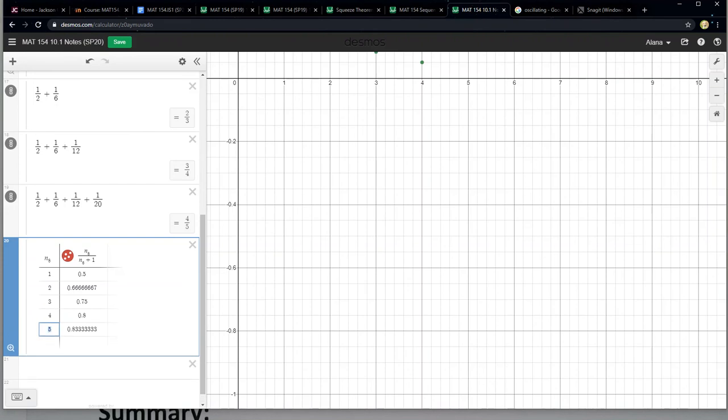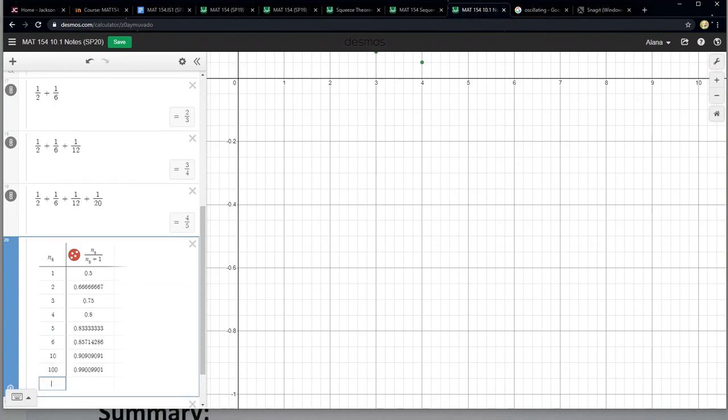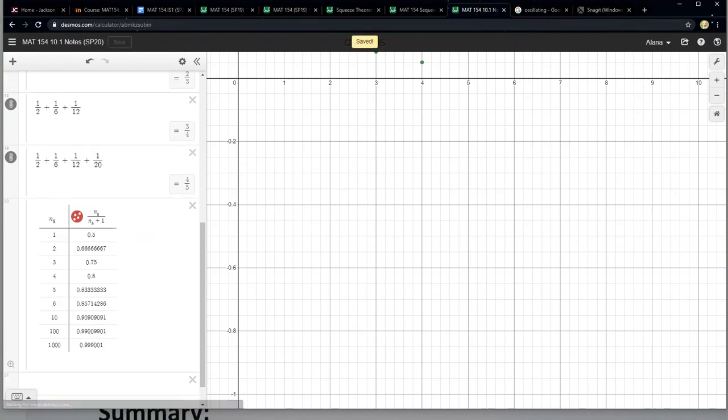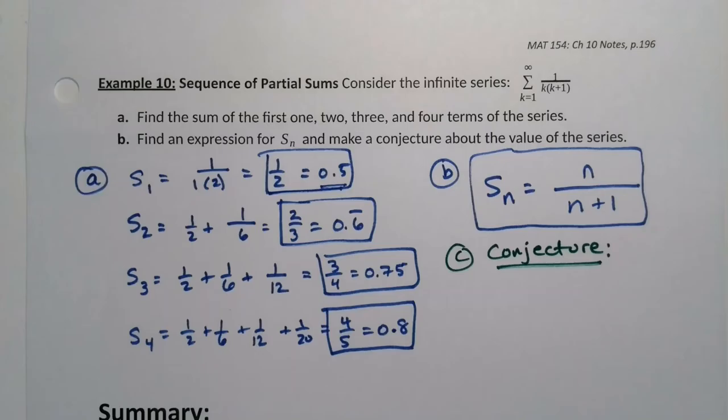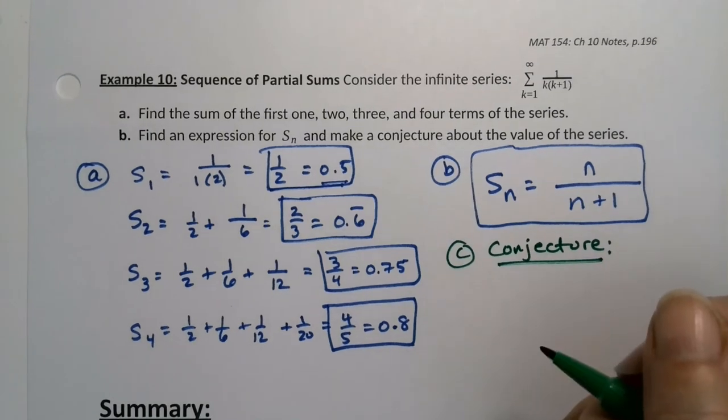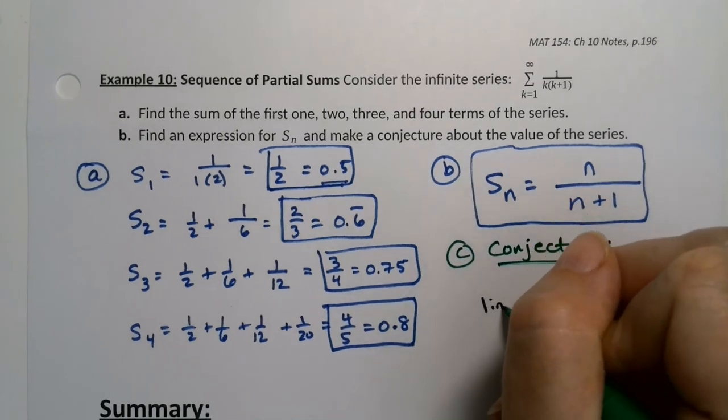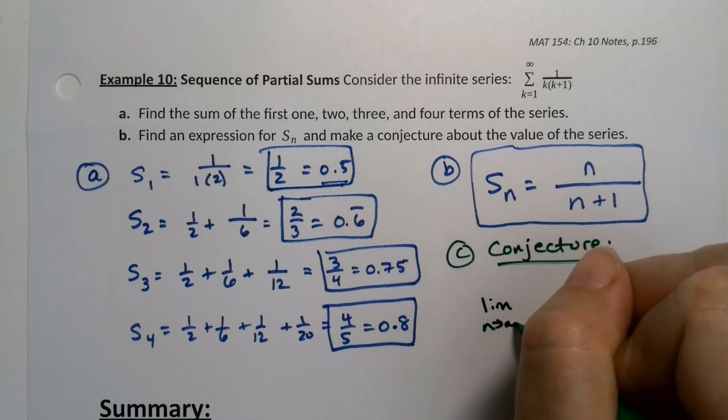number. 5, 6, 7. Let me try 10. Let me try 100. Let me try 1,000. Where are we going? We're going to 1, right? You can see these values are getting closer and closer and closer to 1. And sure enough, that's where we're going. That's my conjecture. I can't prove it quite yet, but my conjecture is the limit as n goes to infinity